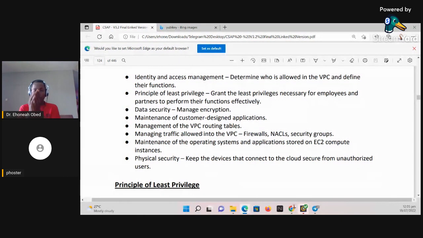Even your in-house service, if you are using, let's say, a hybrid service, your in-house service, the Snowball, Edge, whatever things that you use, any other device that will be connected to the cloud, I think it will also make sense to keep them safe from unauthorized users, because they can implant those viruses